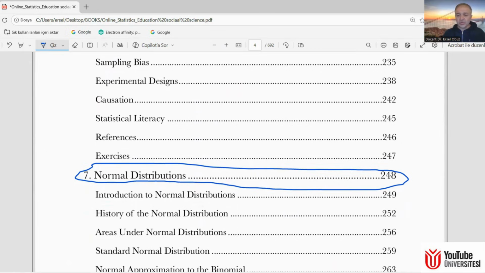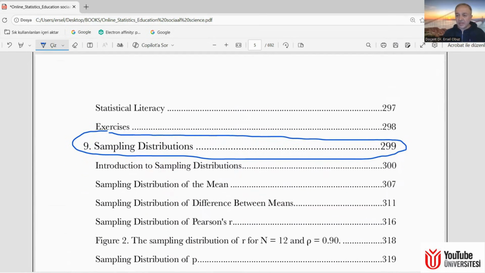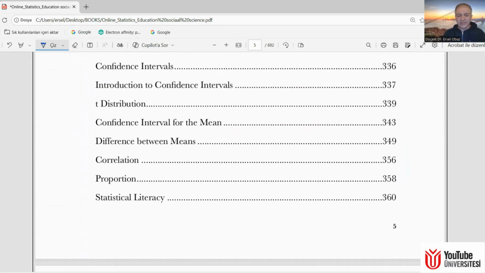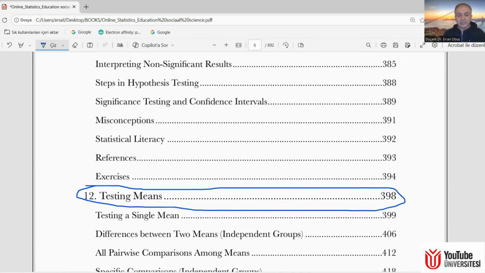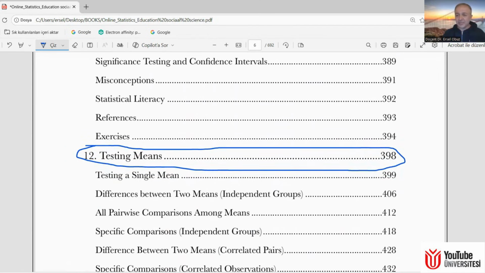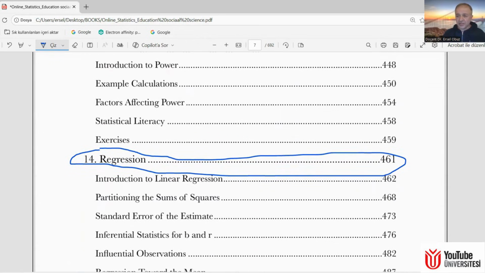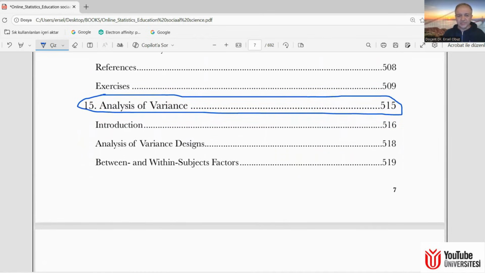We will cover normal distributions, sampling distributions, estimation, the logic of hypothesis testing, one of the most important topics this semester. Testing means, we will test the population means. Regression, analysis of variance, ANOVA,